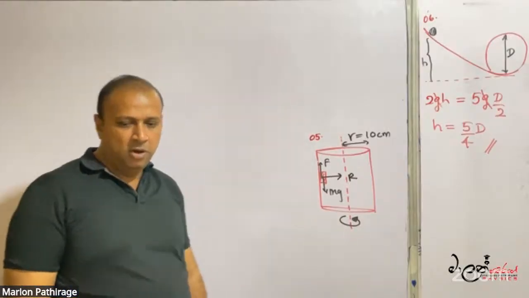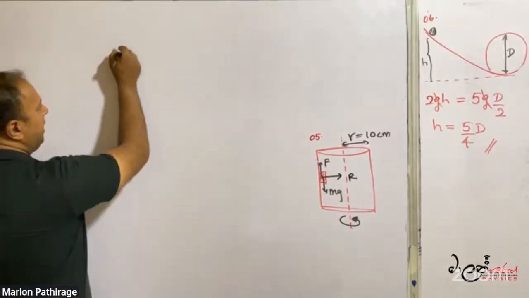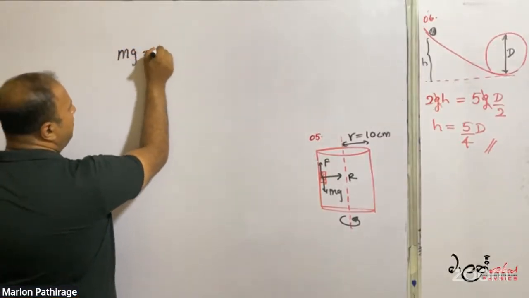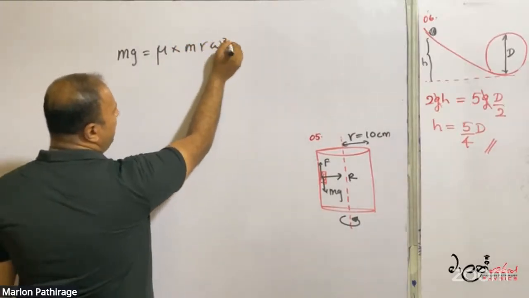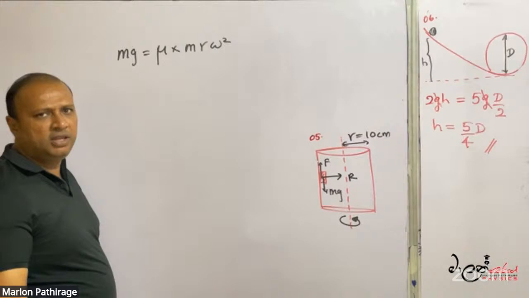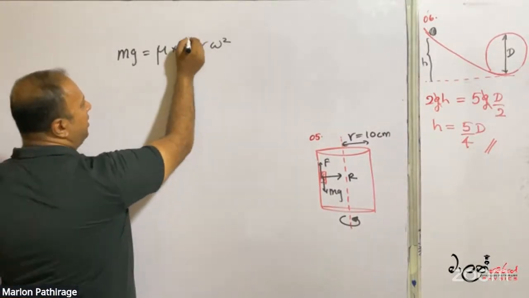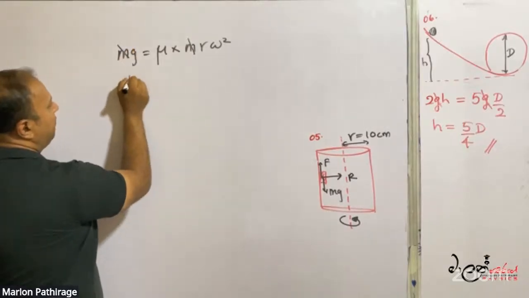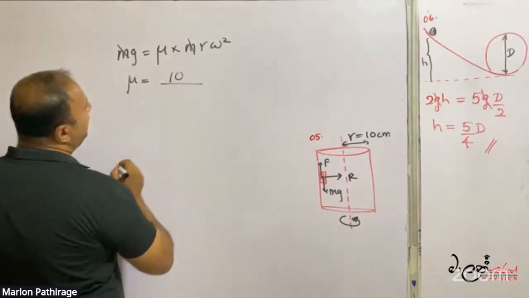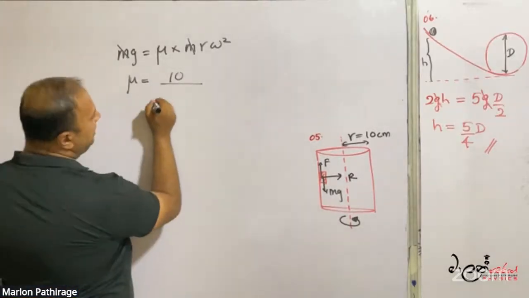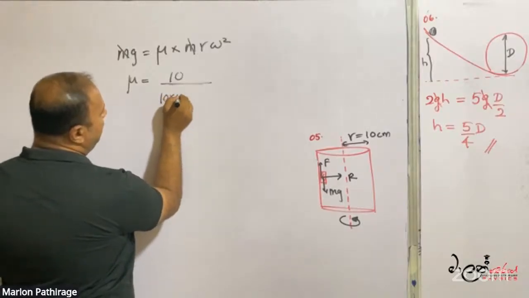Therefore, F should be equal mu R. F means mg is equal mu R, R means m r omega square. This is the only equation. And m r omega square, m to m will be cancelled out. Therefore, mu should be equal 10 divided by radius 10 centimeter. 10 centimeter means 10 into 10 to the power minus 2